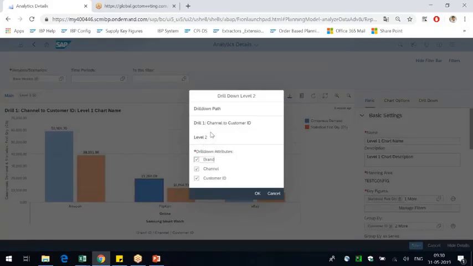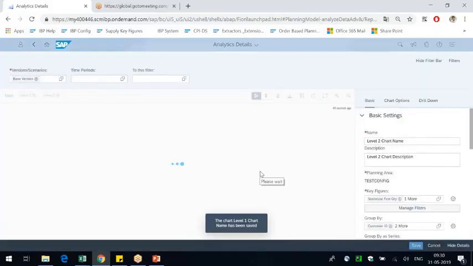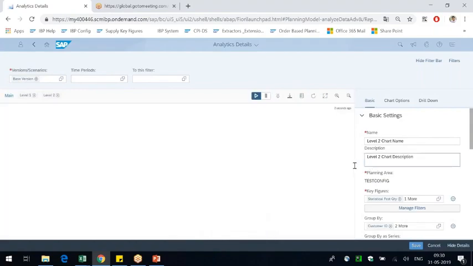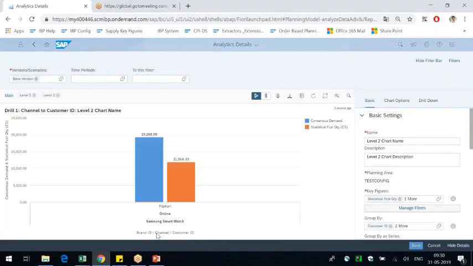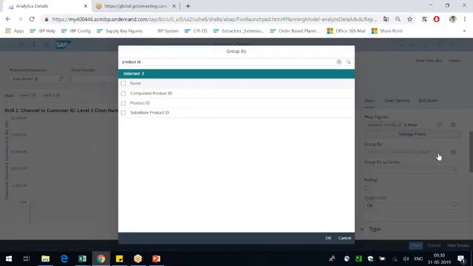I drill down to the Flipkart. Now I'll add another dimension that is called product ID. Oh, why is it not coming in? It's already there.